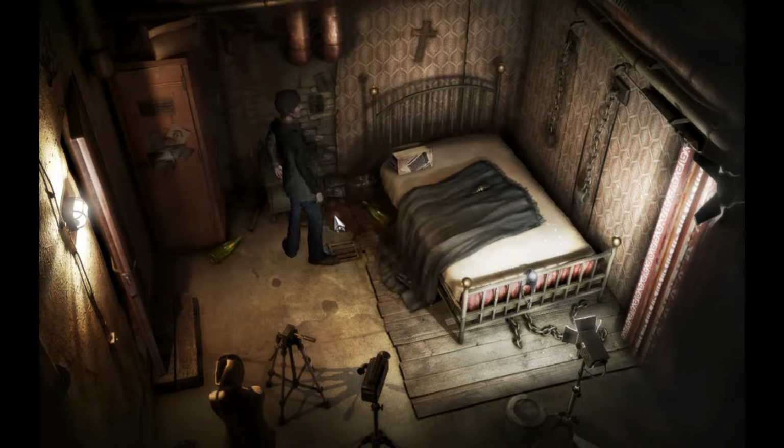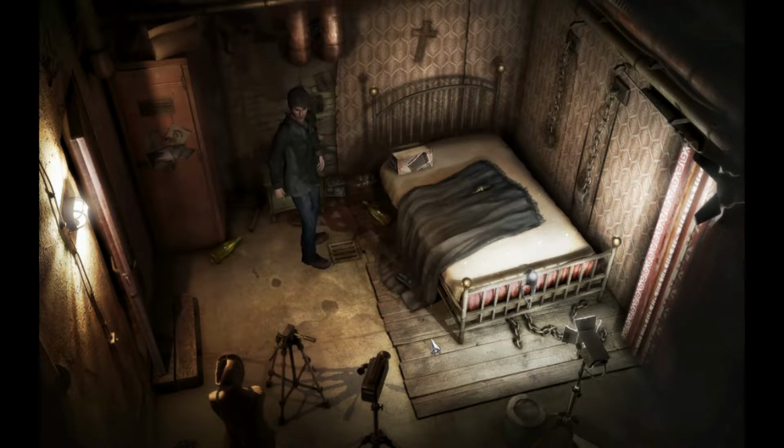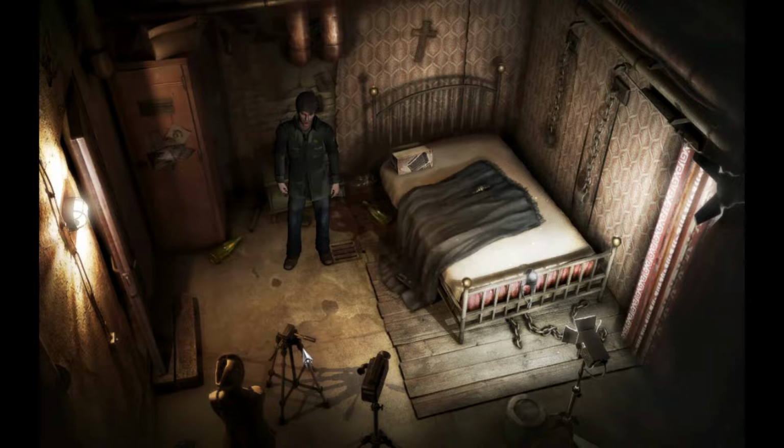What else, bed? The bed's got a metal frame and a worn mattress. It's stained and moldy. No sheet, no pillow, just this grubby blanket. Now I'm getting 8mm flashes at the movie. I don't want to know what went on here. I'm just afraid that I already do. Okay. Tripod? A camera tripod. An older model than the one up in the shop, but it's got the same mounting system. It's for Fuller's camera. And the cupboard we do need to open, but...